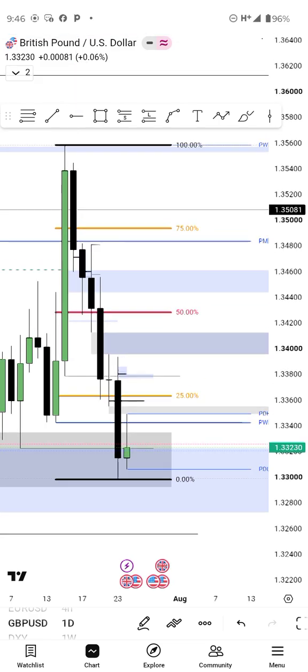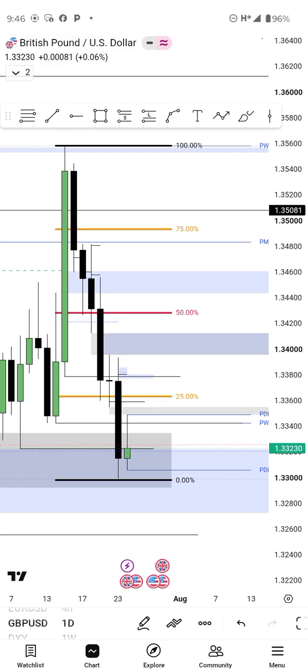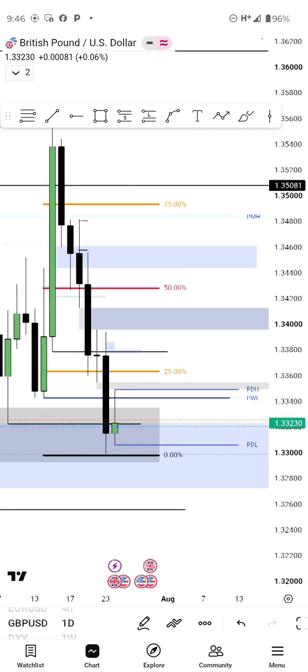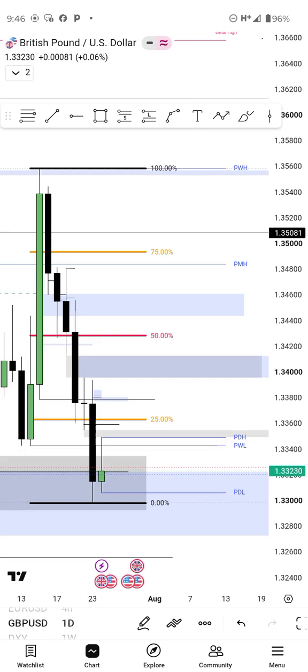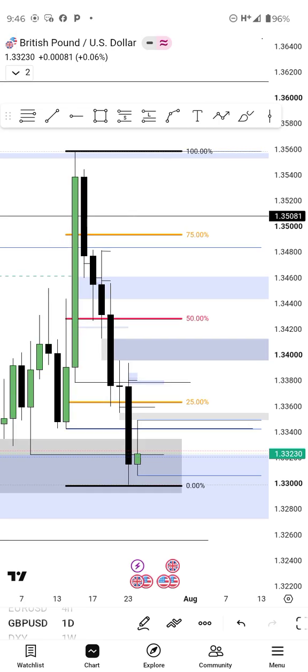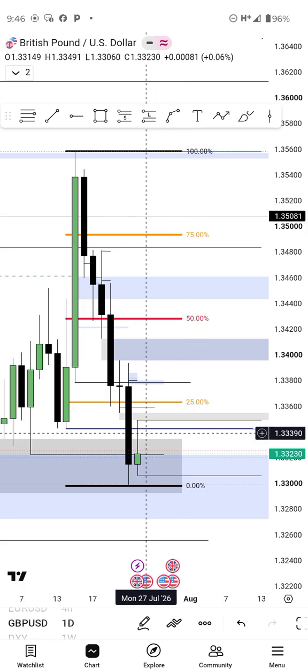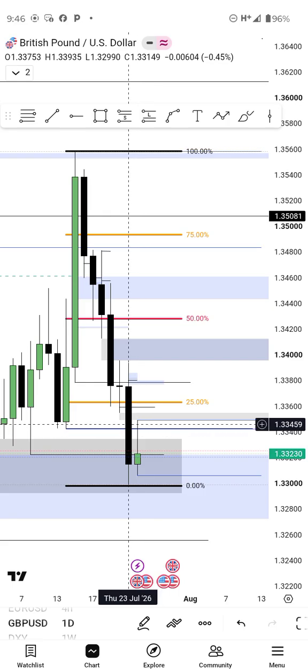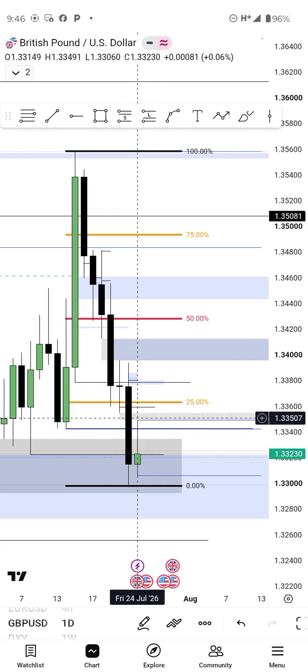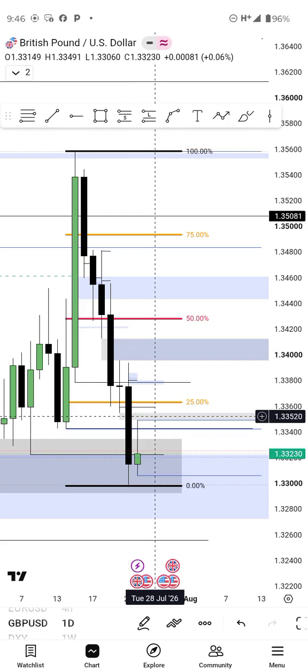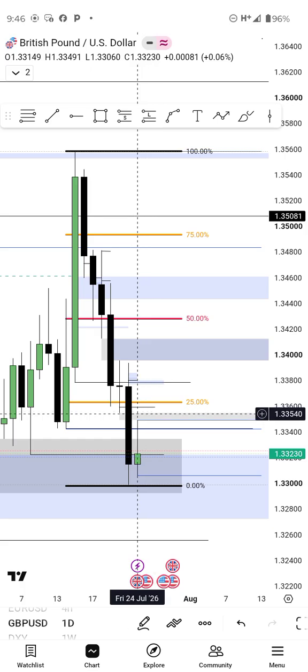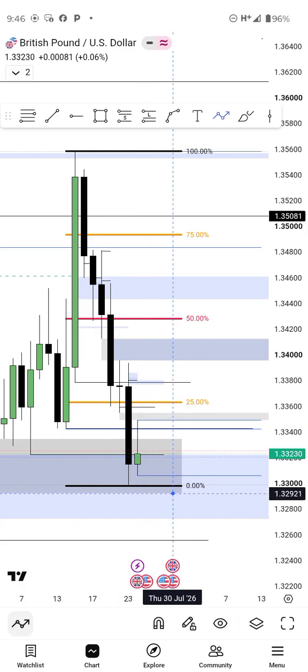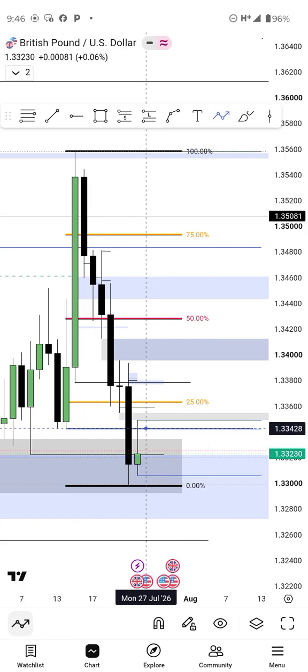But in my analysis on this pair, we can trade to this FVG here. But if it were to be me, I won't take any trade from this FVG. I would rather wait for this FVG to be tapped into,